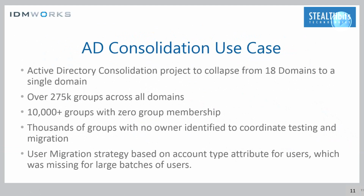The next use case I want to go over is an AD consolidation project. This client was going from 18 different Active Directory domains to a single domain. They had over 275,000 groups across all the domains, but as we saw, thousands of them actually had zero group membership. Thousands more had no owners identified with them, and the user migration strategy that they built into place was